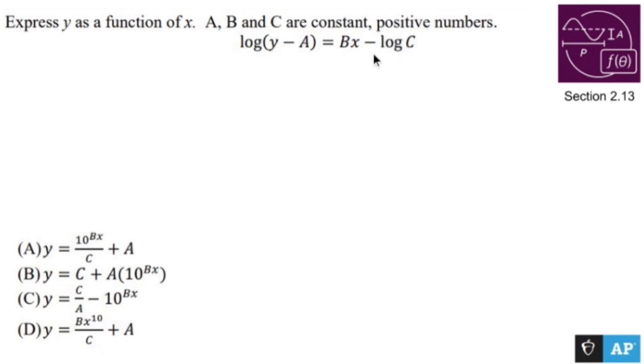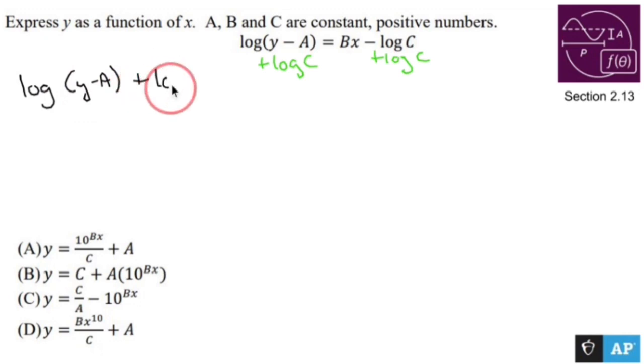So this is my first step. I'm going to add log c to both sides. Now, even though it doesn't look pleasant, this is good news because I have log of y minus a